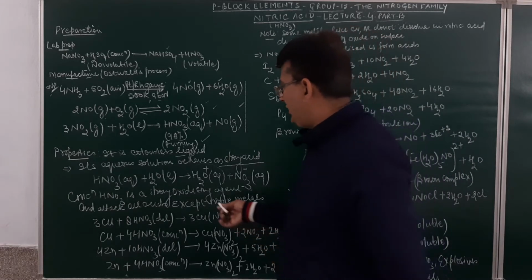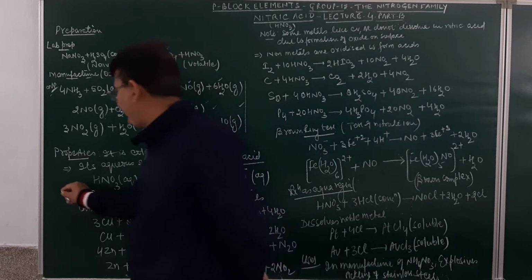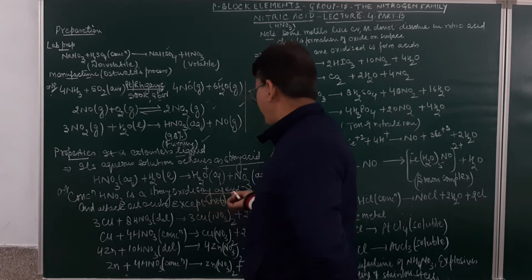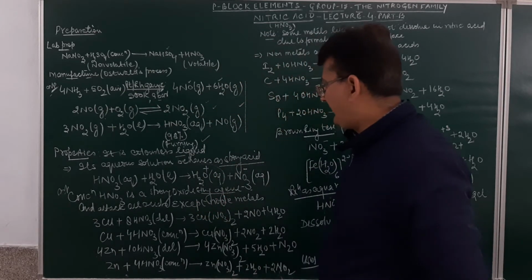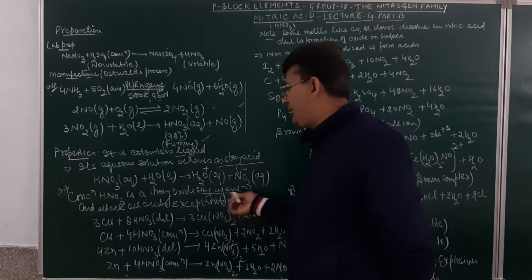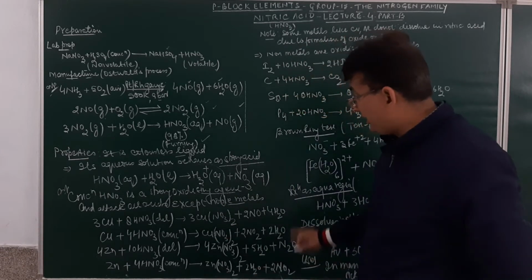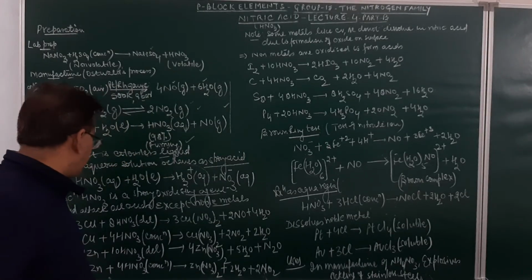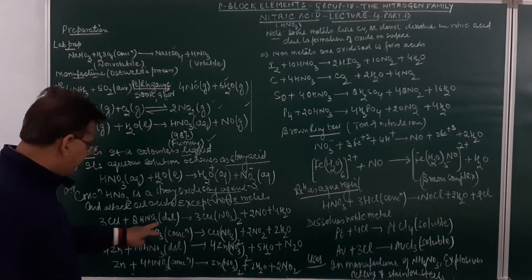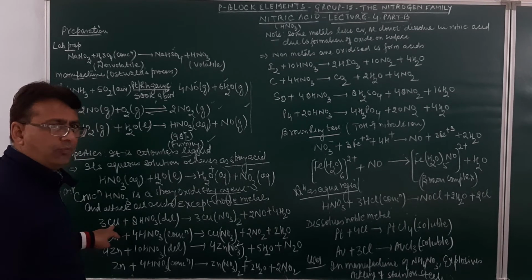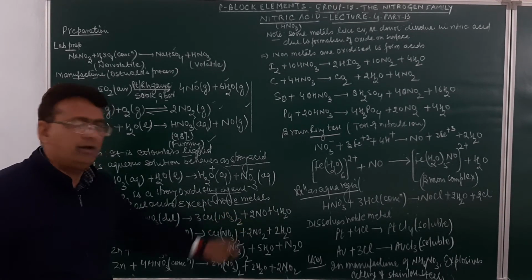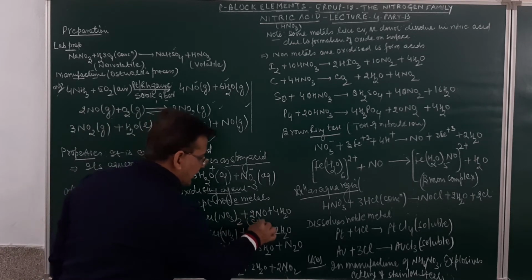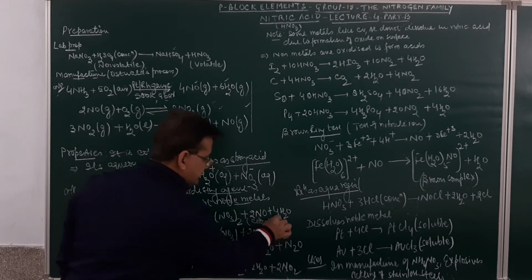Now, HNO3, these are very, very important reactions. HNO3 is a strong oxidizing agent and attacks all the metals except noble metals. You must learn these equations. These were important in the class 10. These are important now also. Suppose dilute nitric acid reacts with copper. Name the gas obtained. It will be nitric oxide, and nitric oxide over here will be a colorless gas.